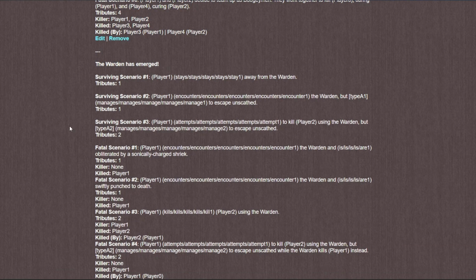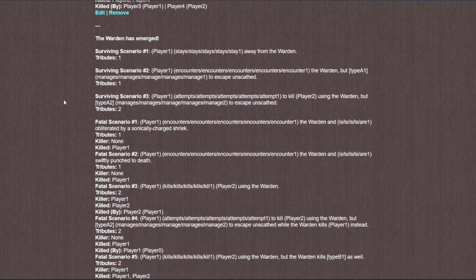It's a common occurrence in various Life Series episodes or seasons when a player, for some reason or other, brings a warden to the surface. Sometimes it's for a revenge plot, sometimes it's for a task, sometimes it's just because, let's bring the warden, whatever. So there's a few different ways that this can play out. One of them is a player just stays away from the warden altogether, which is a good idea. Another one is that they encounter the warden, but they survive. And the last one here is that someone tries to kill another player using the warden, but they survive.